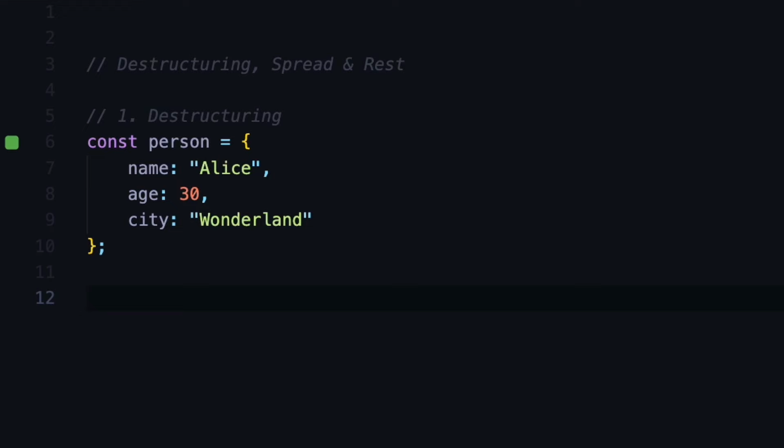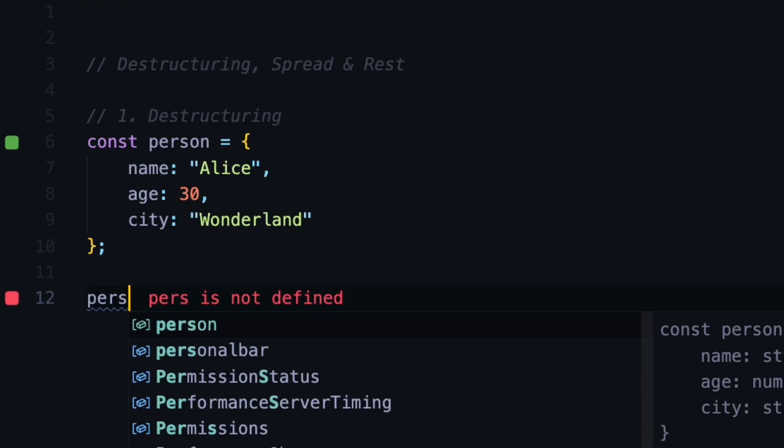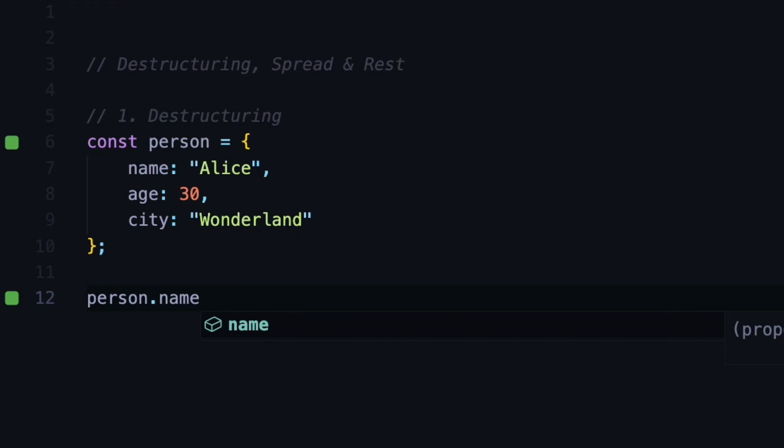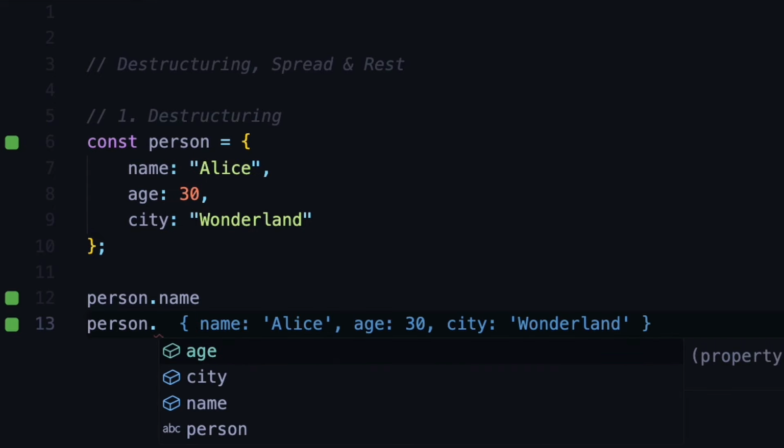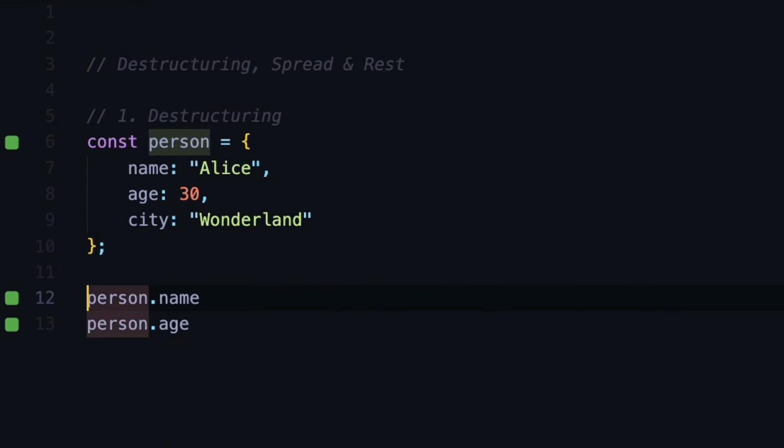If we now want to access its properties, let's say we want to access person.name, we can access it with this dot notation, and then we can maybe access another property like age on this person. But if we are going to repeat this many times in our code, let's say we are going to use the same name property throughout our code many times, it's better to assign it to a variable and then reuse it, and we can do it by assigning a variable to this, but there is a better way to do that,